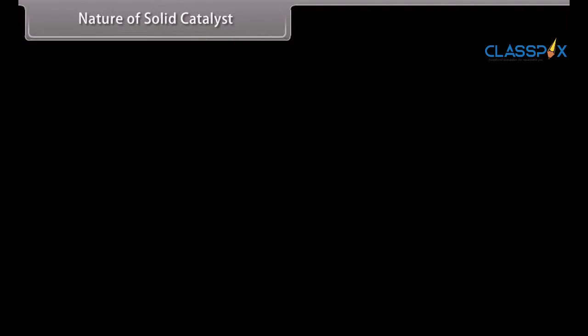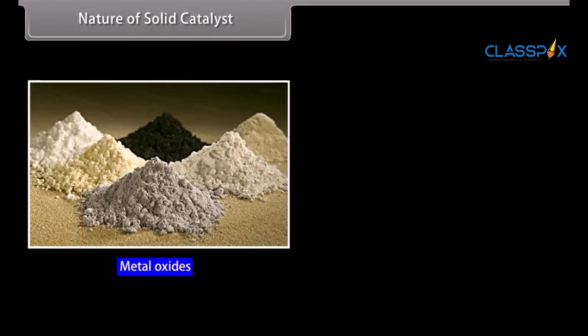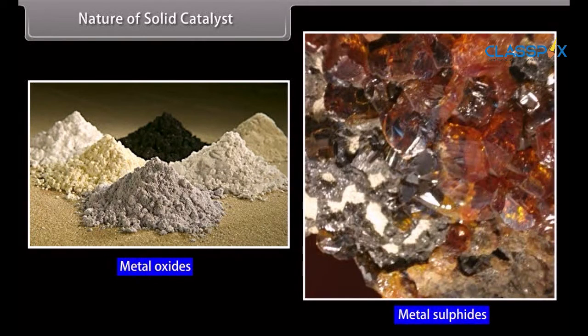Nature of solid catalyst. Metals, alloys of metals, metal oxides, metal sulfides, or mixtures of these are generally used as solid catalysts. The two important aspects of solid catalysts are